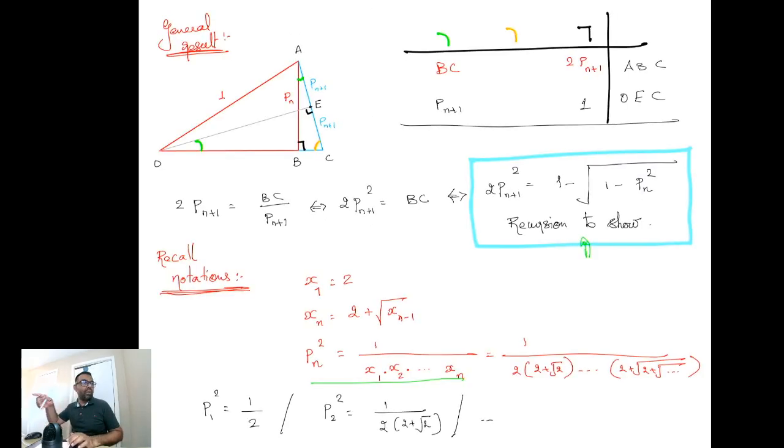So Pn earlier was 1 over x1 into x2 into all the way up to xn, right? Is it possible to write Pn only using xn? That's the first thing that we'll go over. It's very easy to see that. The moment we get that, then using that in the recursion for 1 minus Pn square will become really, really easy. So at that point, you will obviously understand where we are going. So step one,